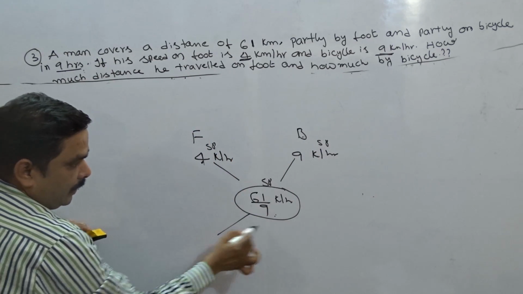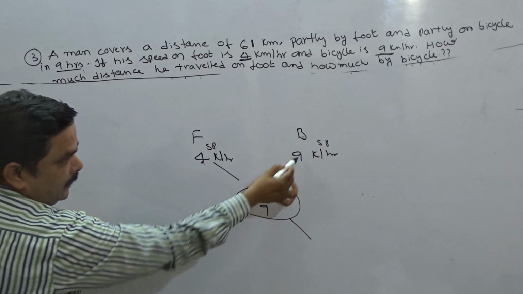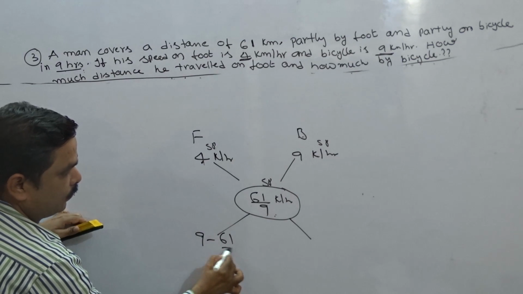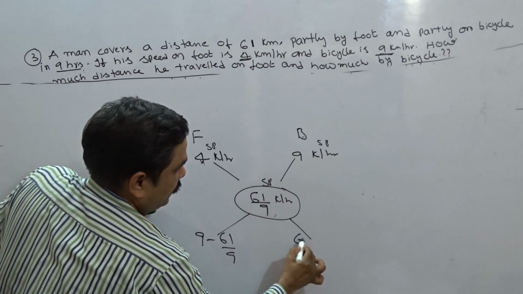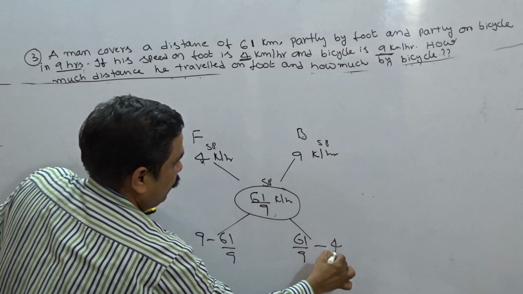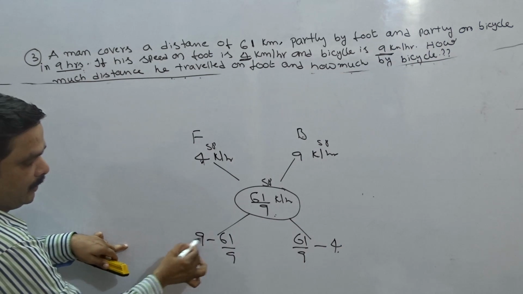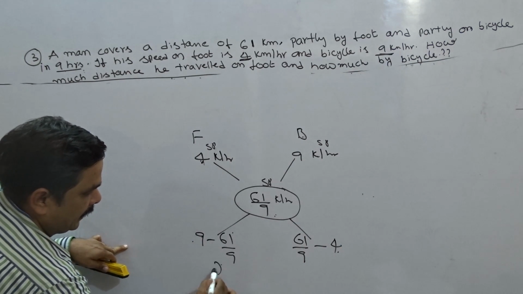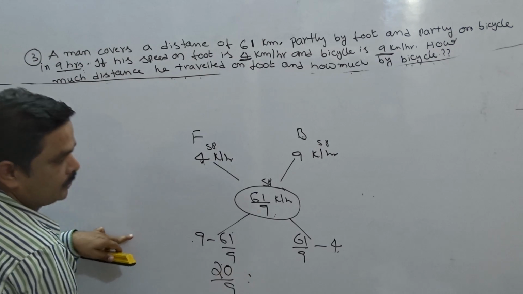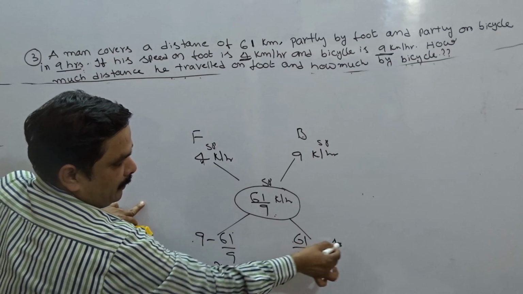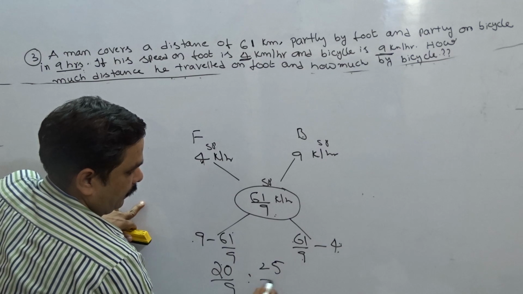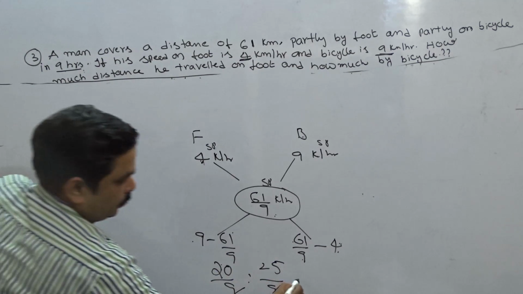Now go for this one. If you go in this way, this is 9 minus 61 by 9 and this is 61 by 9 minus 4 here. Alright, so this is 81 minus 61, which is 20. This is 20 by 9. I am writing here 20 by 9, and the other is 36 minus 61 by 9 is 25, so 25 by 9. Now the ratio is 20